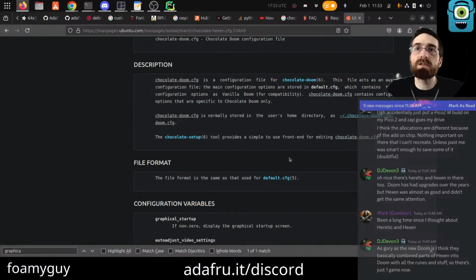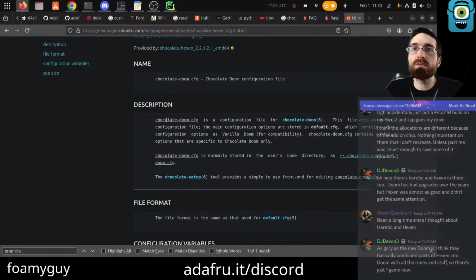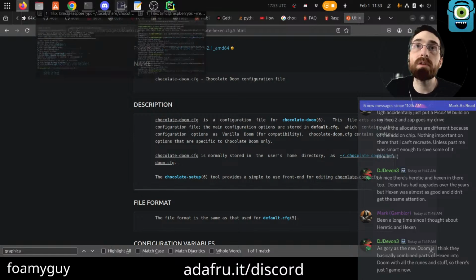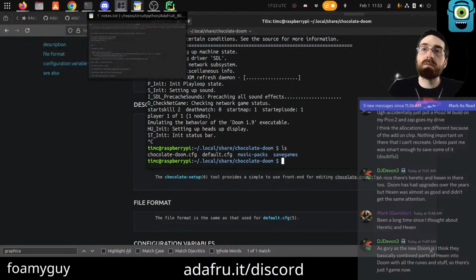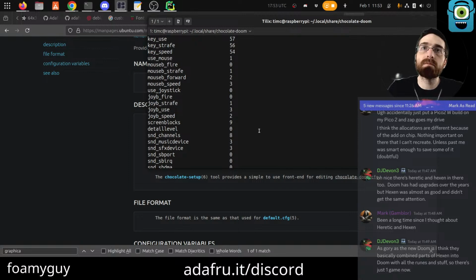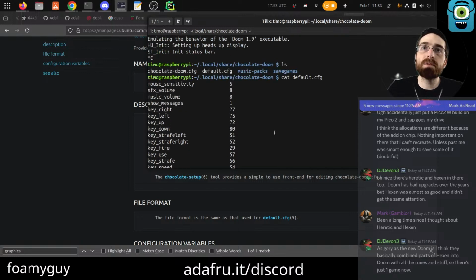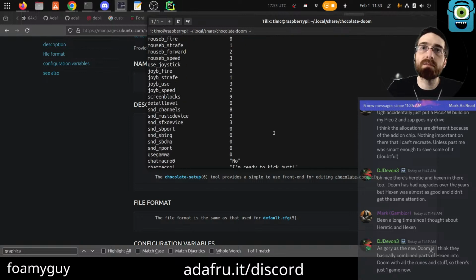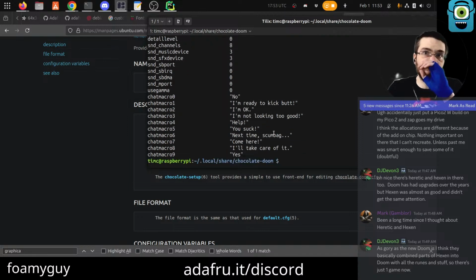File format is the same as default. So do we change Chocolate Doom, not default, probably, right? This one doesn't have it either. We add it at the bottom or the top, or it doesn't matter.